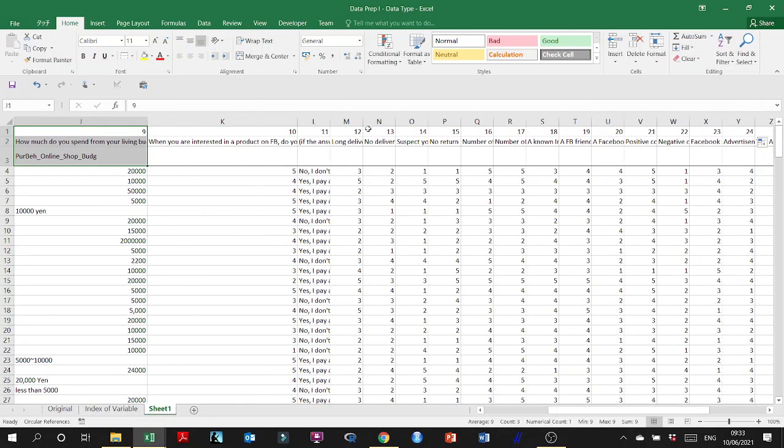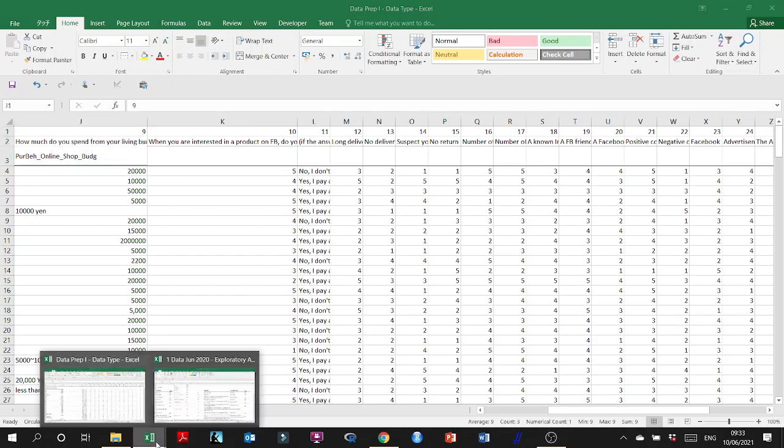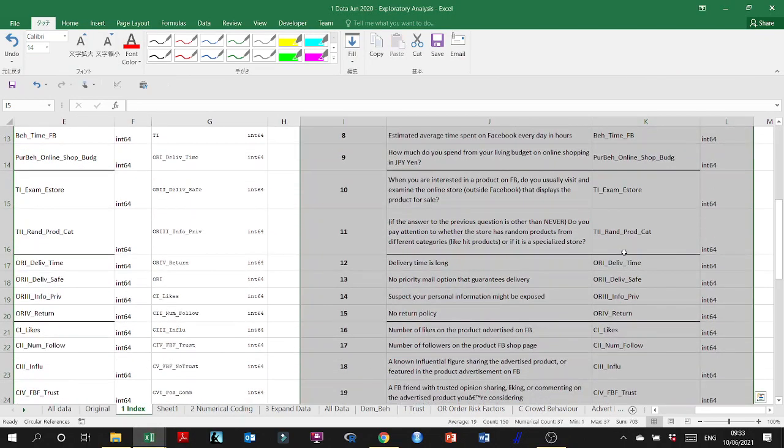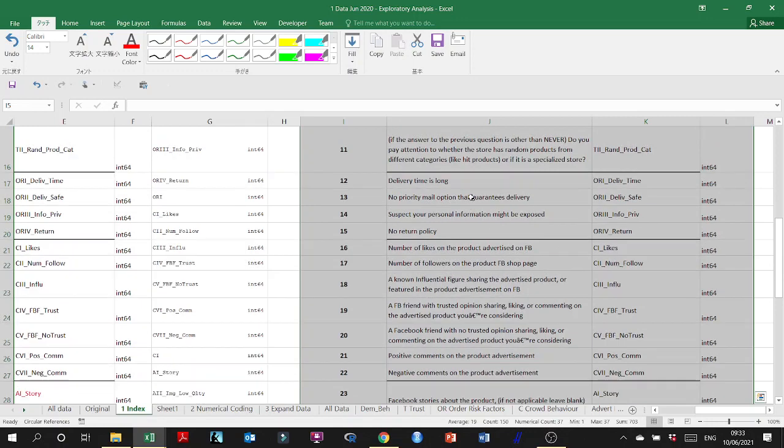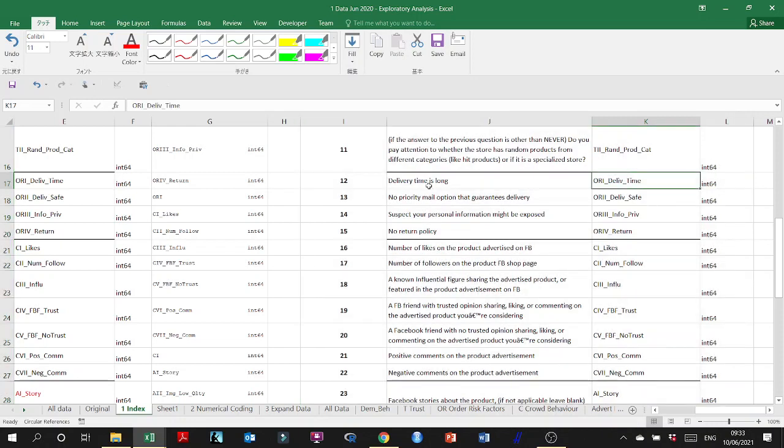All right. Next step here is to pull out the other variables. As you can see, I have it all done nicely, but I think these variables need some editing, in fact, in reality. Okay, so delivery time is long, no priority mail, suspect your personal information might be exposed, no return policy. So these variables all belong to a latent variable. These variables are used to measure a latent variable, a construct, yeah? So these variables here,